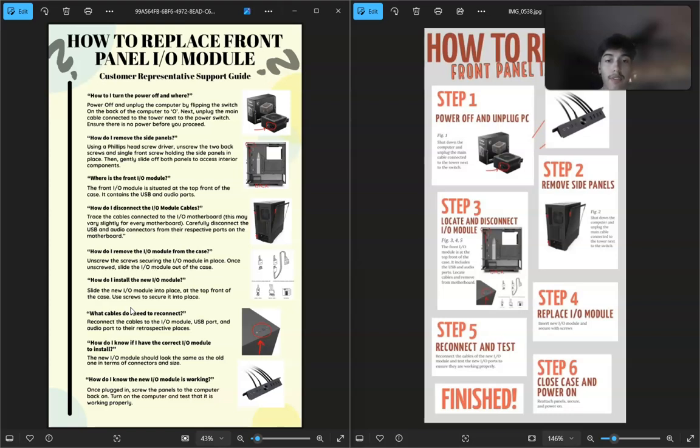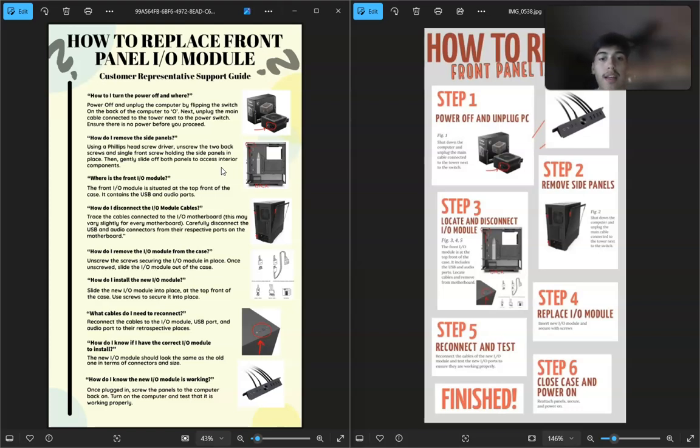And the technician infographic, on the other hand, has a bold red and gray color scheme that aligns with the technical or mechanical themes typically. And the layout is more condensed with a stronger focus on clear, actionable steps and minimal text for faster readability during active repair, because it's obviously a lot easier to just follow images if you're working in the same environment